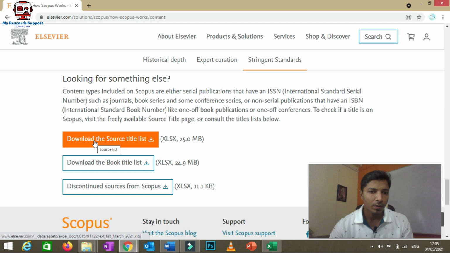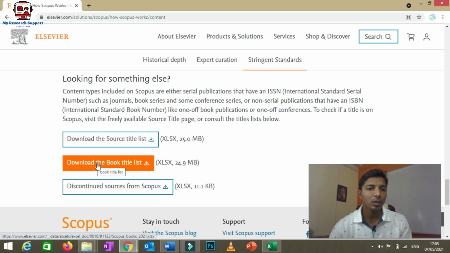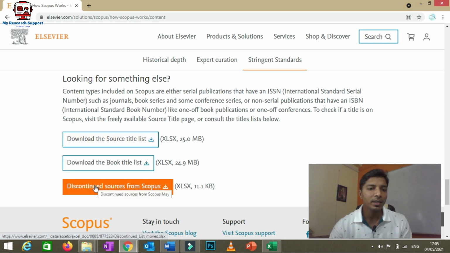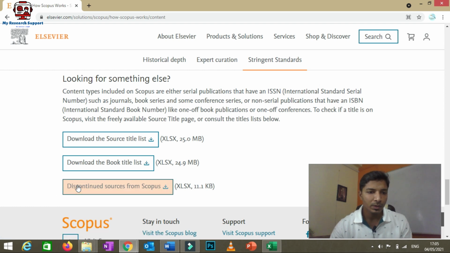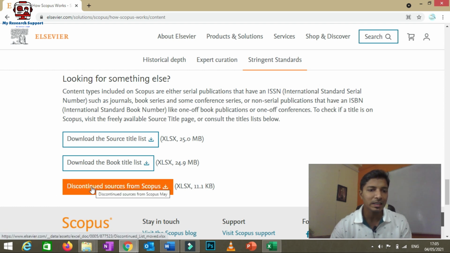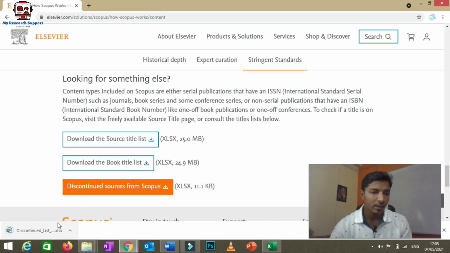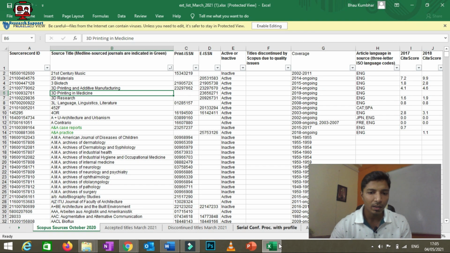See, download the source title list, meaning journals that are included in the Scopus database, download the book title list, and discontinued sources from Scopus. Before February 2021, if I click on this discontinued sources from Scopus, meaning journals that have been removed from Scopus, there was a list. But now if I click here, this discontinued list of sources is not there.